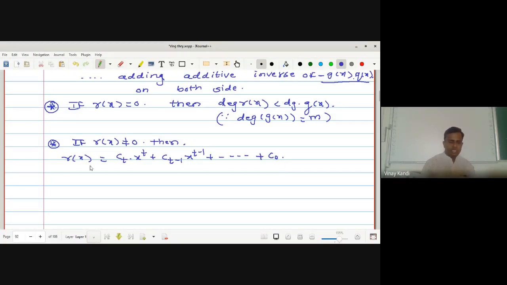Okay, suppose this is the r of x where all ci's belong to capital F and ct is not equal to 0. Okay, hence the degree of r of x is equal to